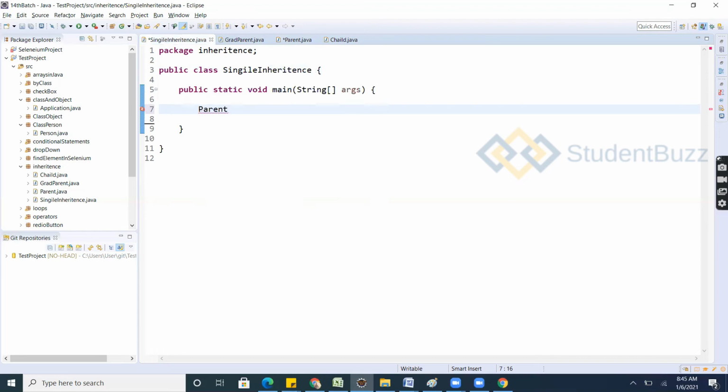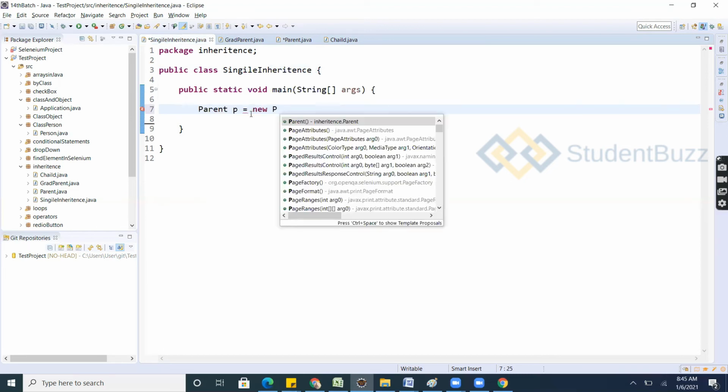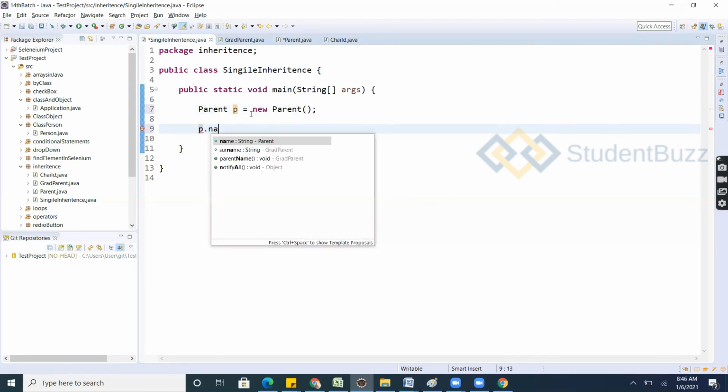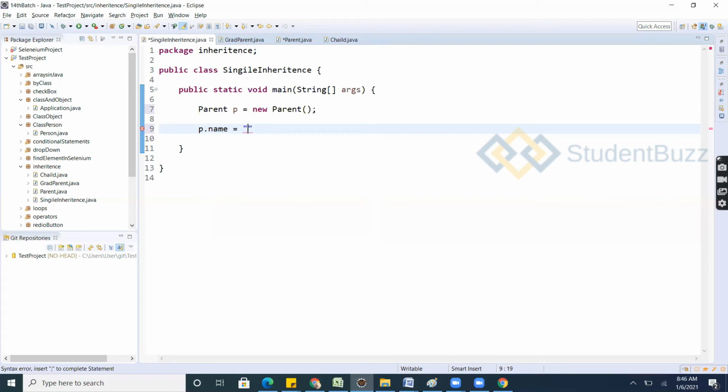Parent p is equal to new Parent, and p.name we are able to use. Whatever name you want to give it, ABC. Also we can give p.surname is equal to XYZ.